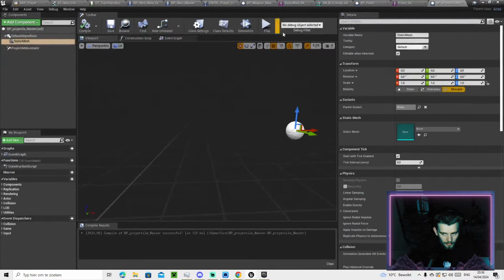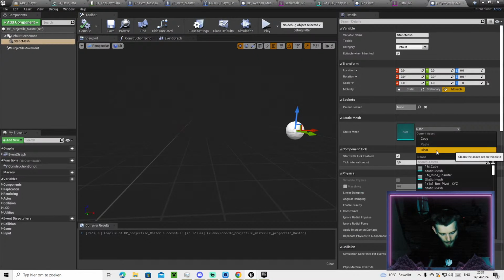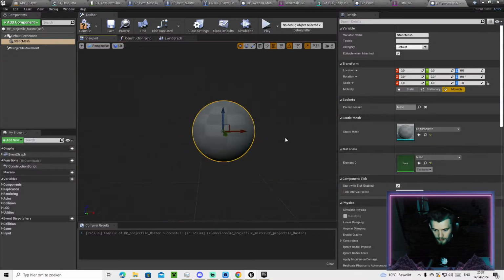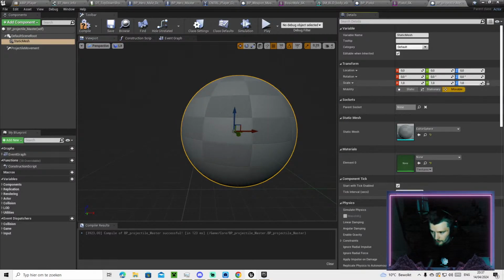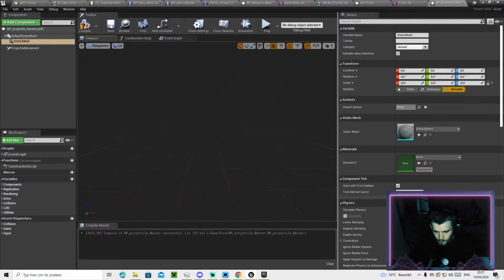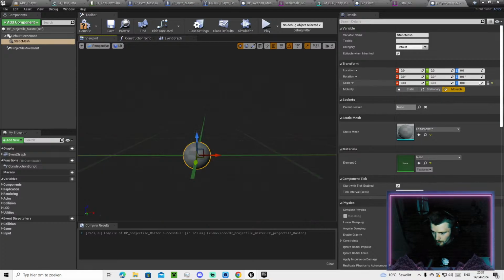But for every other weapon, what I'm going to do is make it so that it has a sphere. Editor sphere. I'm going to make it small, so let's say 0.01. Okay. And now we just want to unhook this and say 1